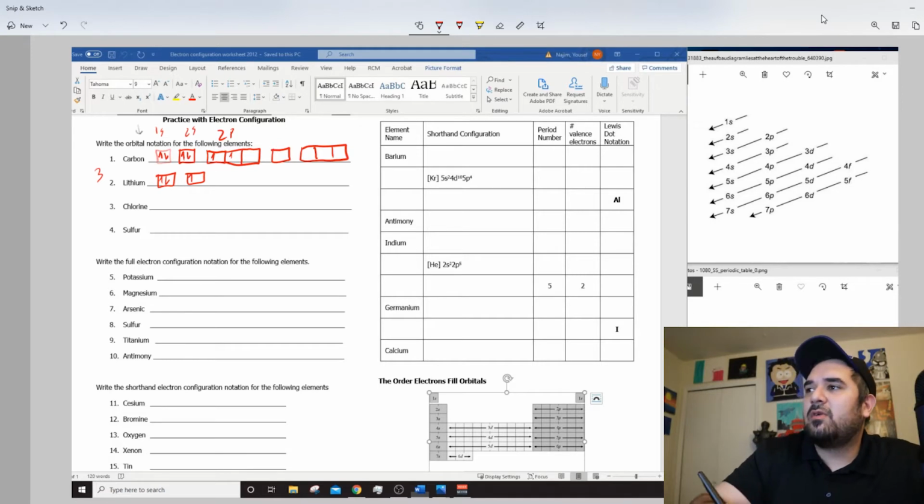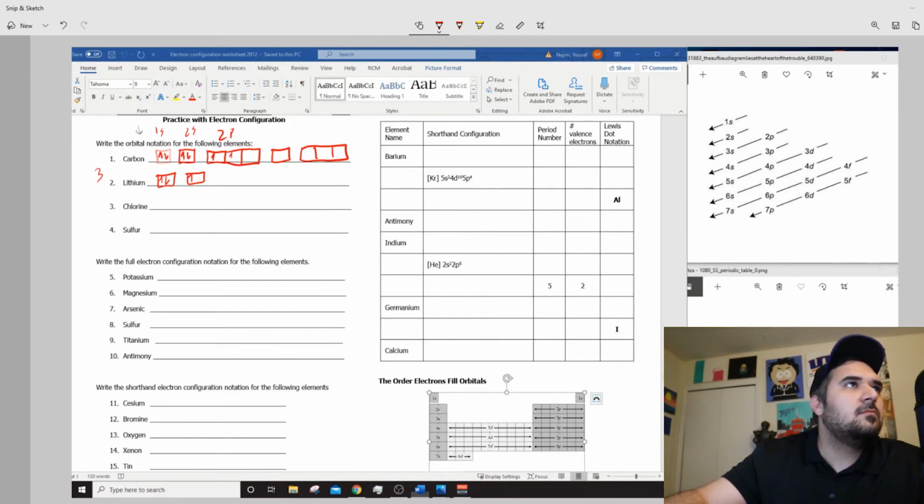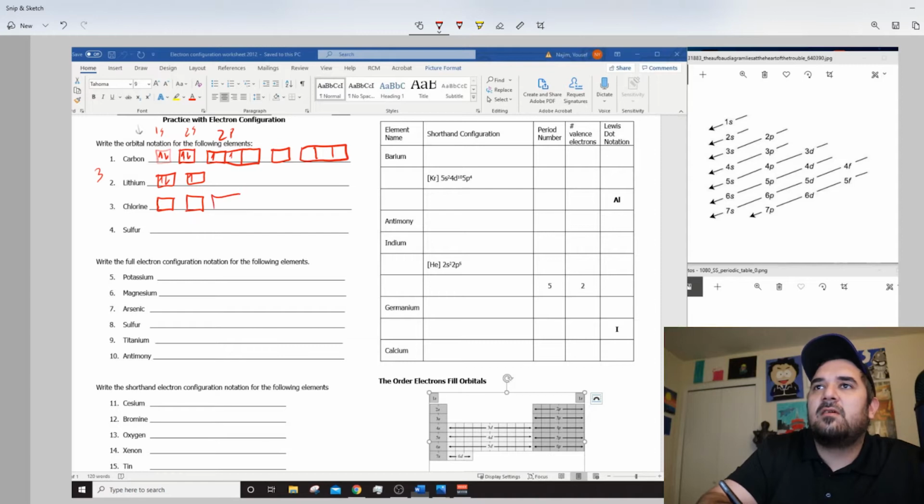Next one is going to be chlorine. So chlorine is actually much larger. I can't see my periodic table very well. Let me pull it over here real quick. So as y'all can see, I don't know these off the top of my head, but chlorine has 17 protons, meaning 17 electrons. So we're going to go, here's our first box, our second, our third,